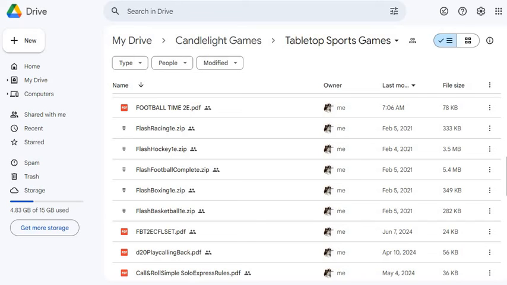Okay, one more quick update. I had a comment this morning reminding me that I was going to do the off-season procedure for Football Time Second Edition. I have done it. It had been created and written in my notebook, but I'd forgotten to type it up and add it to the thing. So for those who enjoy the Football Time game, there's a couple of things that